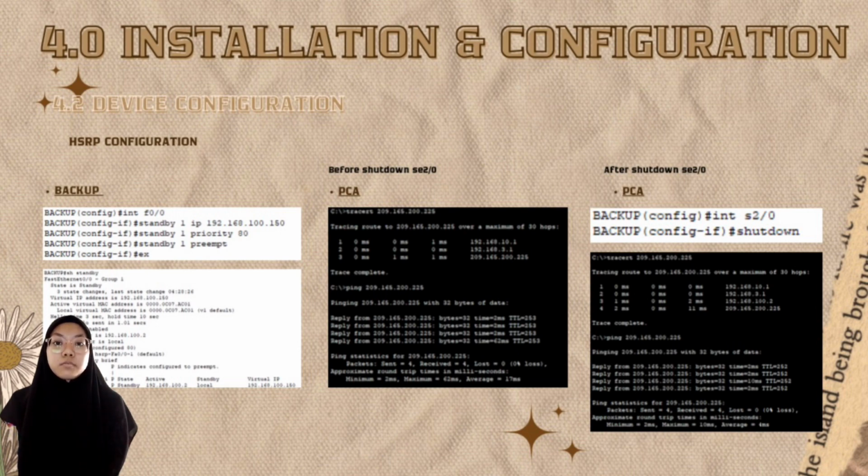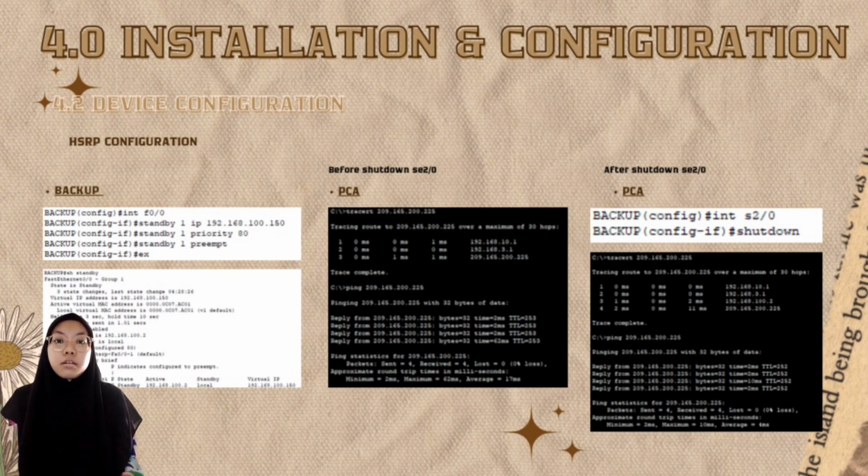Next, this is the configuration we do at the backup. And after that, we test. For example, PCA traces to the IP loopback, and this is the path that we use before the shutdown. And after we shut down serial 20 at backup, the path we use will be different.